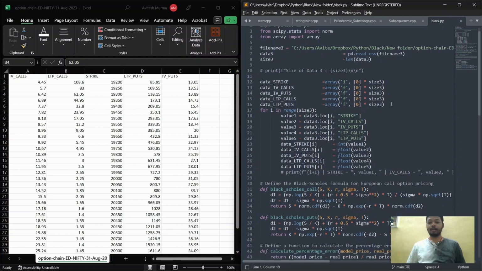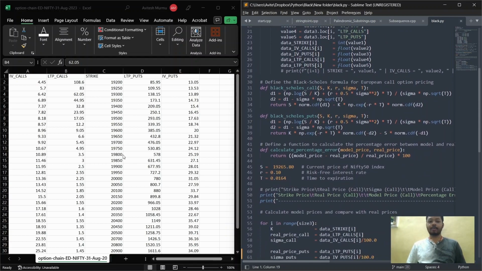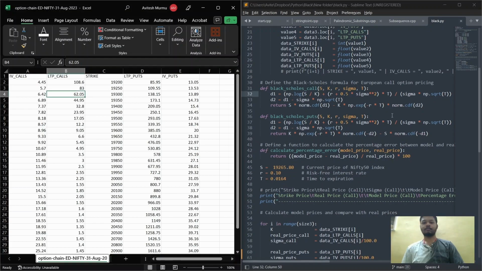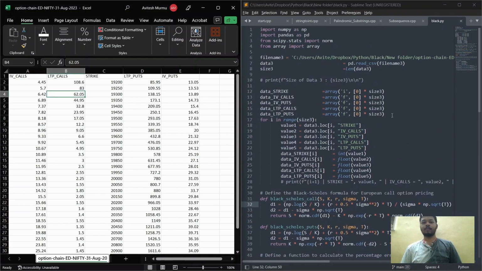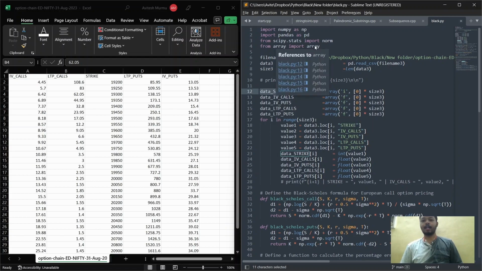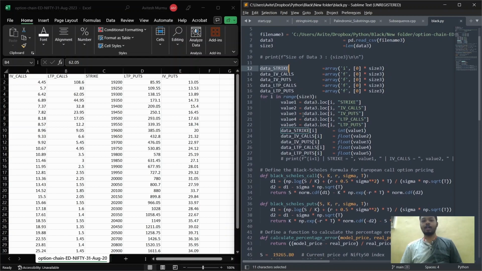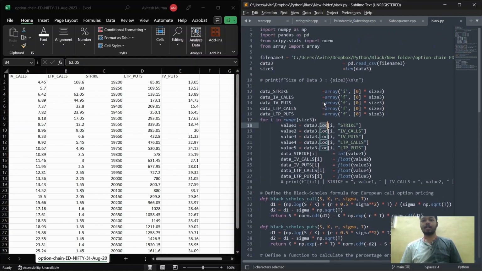So this is the main program that we will run for all the strike prices. Here we are using the pandas library to extract all the data from the Excel. If I want to take all the strike option prices, first I need to create an array, and this array is being created from the array library, and we will take all the strike prices using the loc function in pandas, and we will store them into value 1.